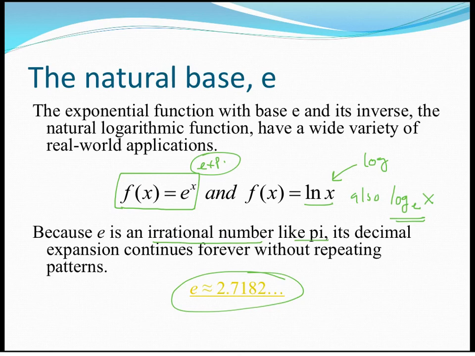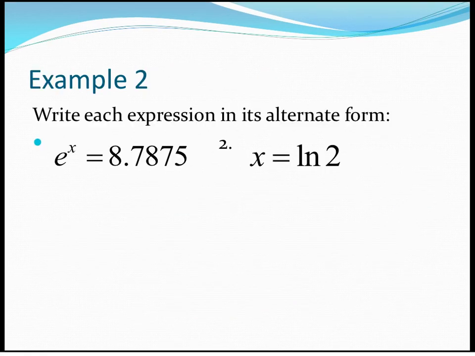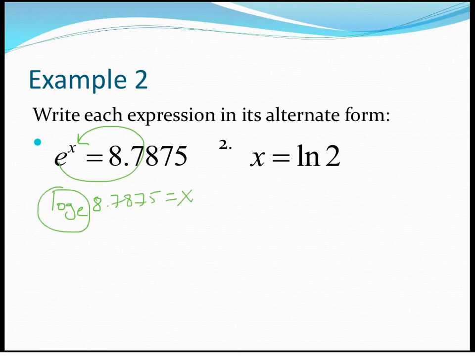Okay? So what type of problem here? So let's just kind of work with it. If I want to write this expression in its alternate form, I do the same thing that I would with any exponent. I would use that connect the dots method or the spiral method, whichever you prefer. And so I know I have a log base e of 8.7875 is equal to x. We really don't write log base e. I just do that because it's connected to what we've already done with logarithms. So it makes it a little easier to adjust to now this base e. Base e is really just the natural log. So it's natural log of